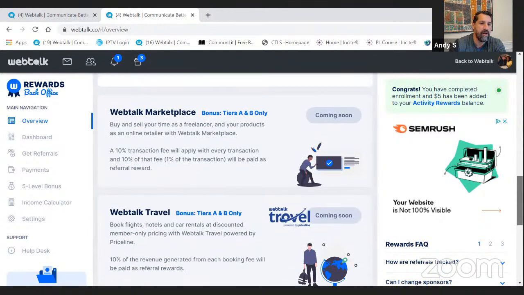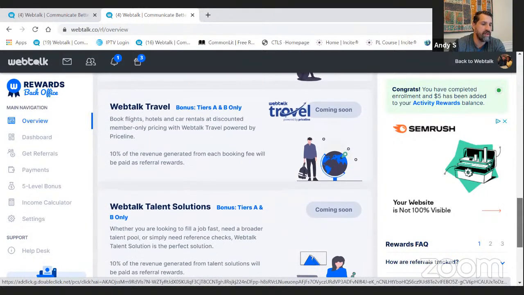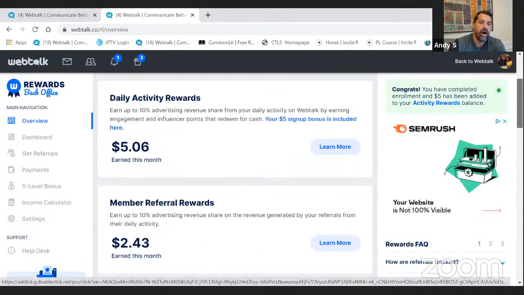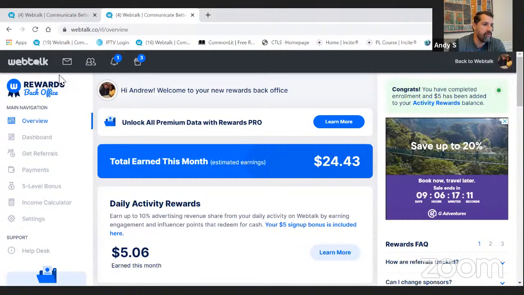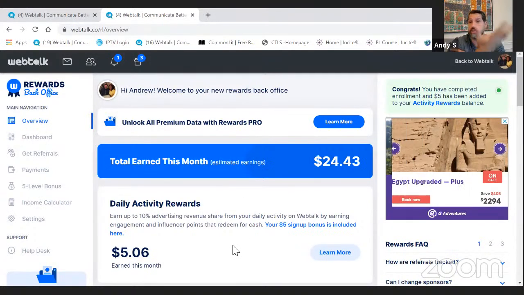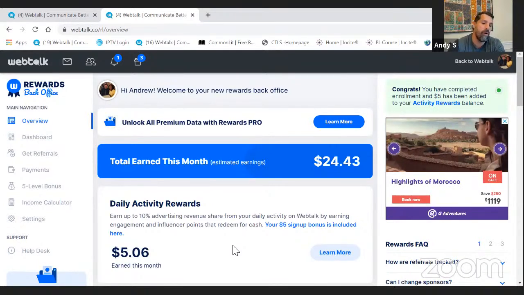And then if you look at this, when we look at coming soon, there are some different things coming soon that will also help us generate revenue, like WebTalk Travel and things like that. So I'm not going to get too much into the payment part of WebTalk, but you can join WebTalk for free and start generating revenue. Now there are upgrades, and you can do all that stuff if you feel like it's something you want to do, and we'll talk about that more